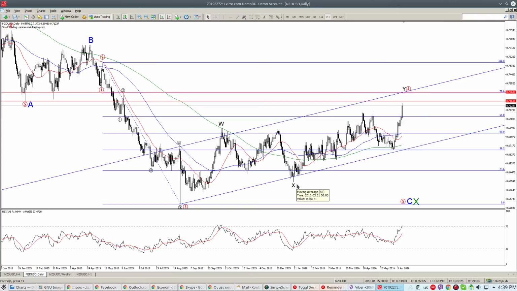I'm gonna take the time and try to relabel and recount those waves here, but it will be something of the sort that somewhere we have a wave A and then a very complex wave B, and this is wave C for an ABC for this Y wave. That is the explanation that I see from this higher time frame, from the daily chart.